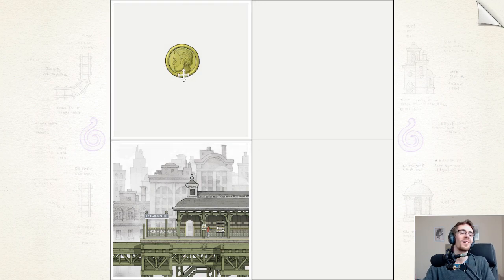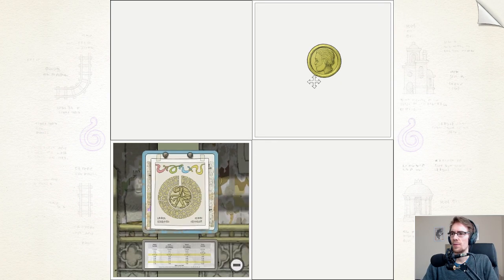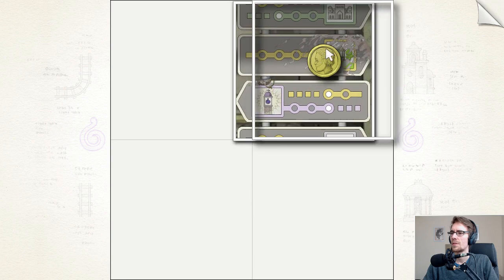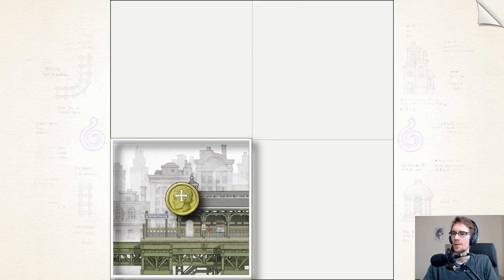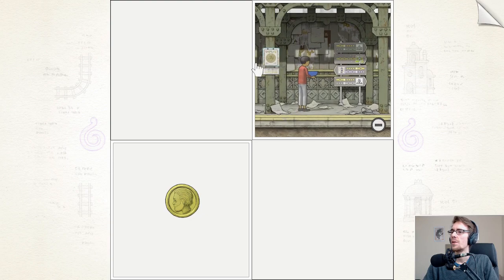It's now a coin. It's now a coin, because of course it is. Okay. So we have a coin. And the coin will let us do something, one presumes. I doubt a massive coin's going to help there, so...